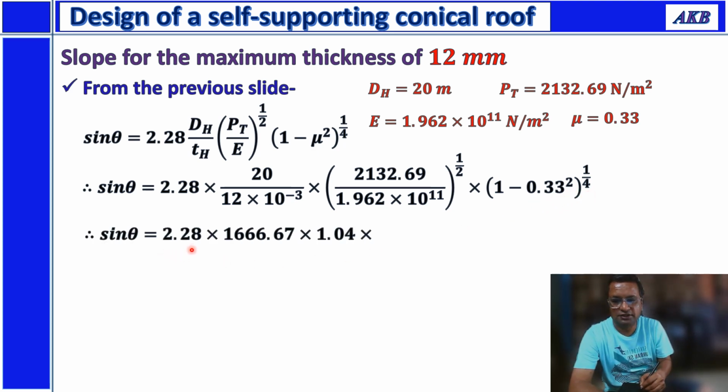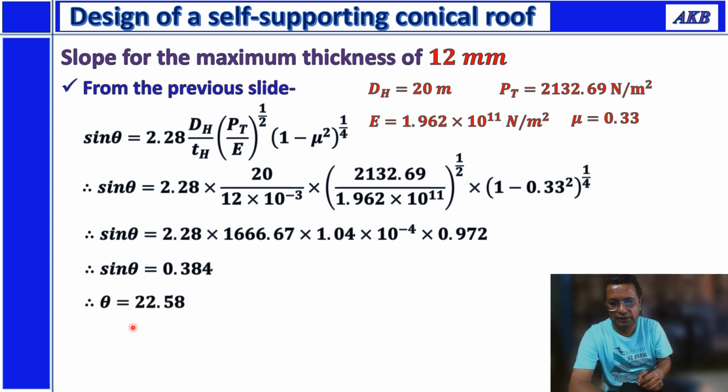Therefore, sine theta, after simplification, is equal to 2.28 into 1666.7 into 1.04 into 10 to the power minus 4 into 0.972. That is, sine theta comes out to be 0.384. That is, theta comes out to be 22.58. That is, tan theta is 0.42. So for the maximum thickness of 12 mm, the slope comes out to be 0.42,